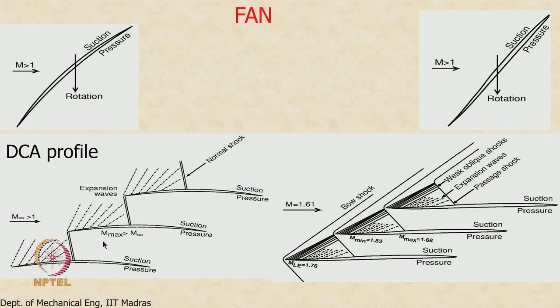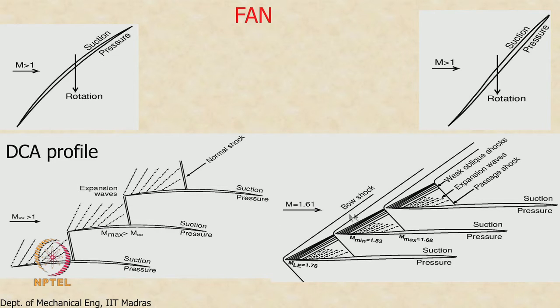So, in the last class we saw that double circular arc profile cannot be used for diffusing a supersonic flow, and we showed that because it has a convex surface here, by the time the flow reaches the entrance to the blade passage, which is over here, you can see that the maximum Mach number is going to be more than the free stream Mach number, probably much more than the free stream Mach number. So, this normal shock will be quite strong, and as we saw from our normal shock diffuser calculation, the loss of stagnation pressure will also be quite high, which is very undesirable in the case of the fan in a